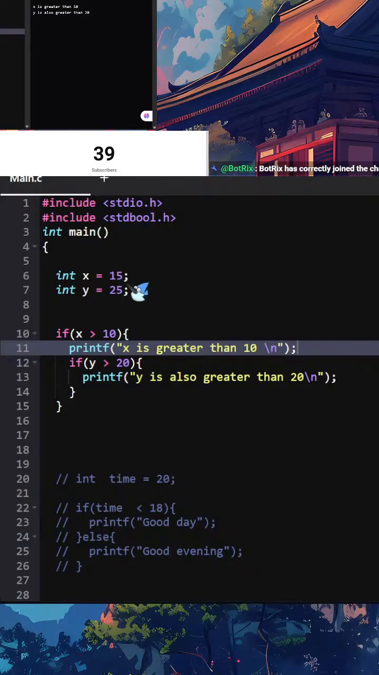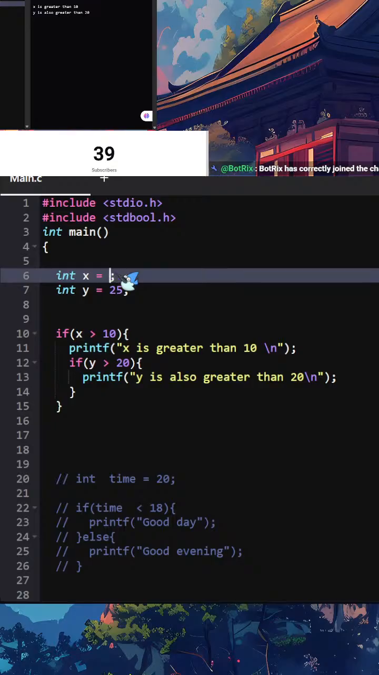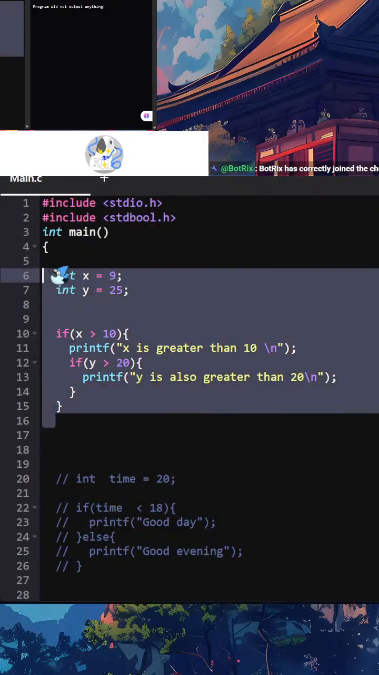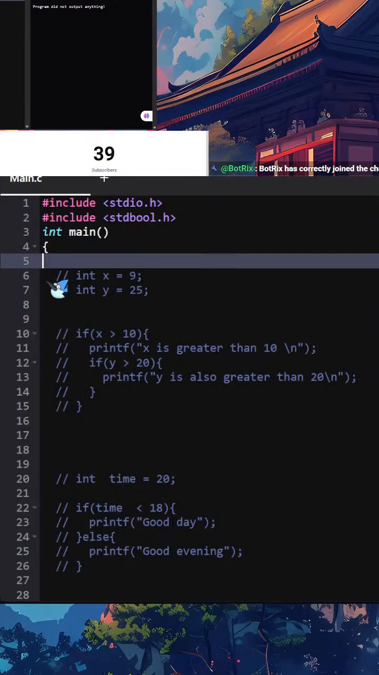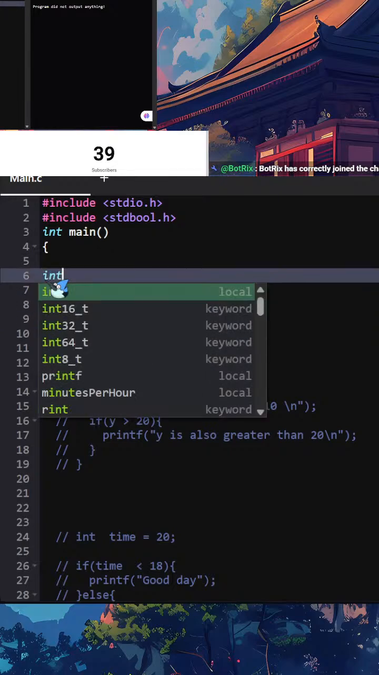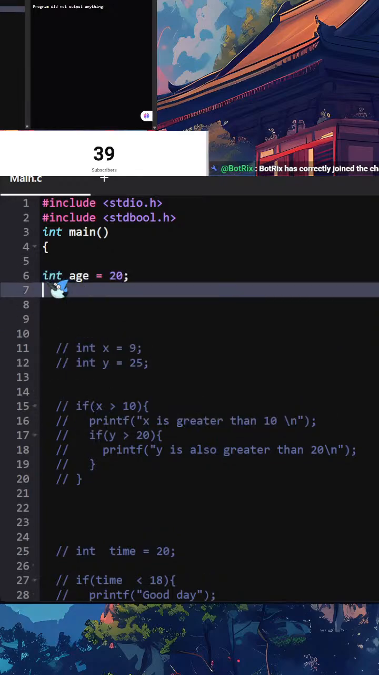But what would happen if I put 9 here? Would y also be in? And of course not, because in a nested one, you're basically putting a subfolder in one code over another. So technically that's how it works. All right, there's also another, better example of that. Say for example, age is 20 and the bool